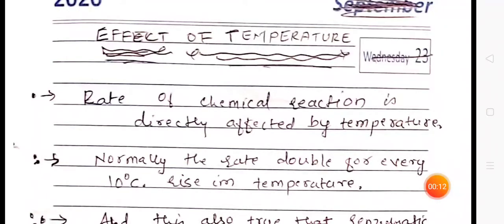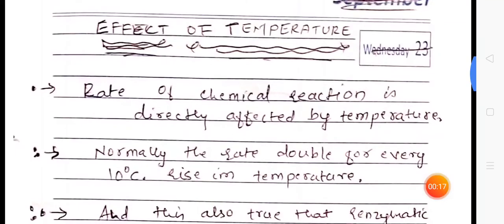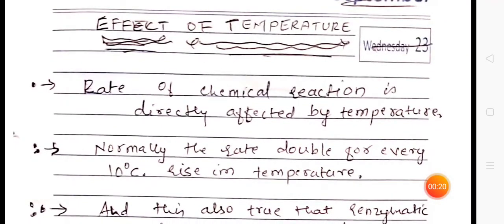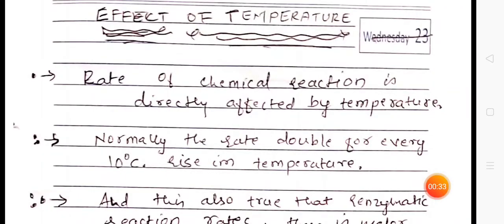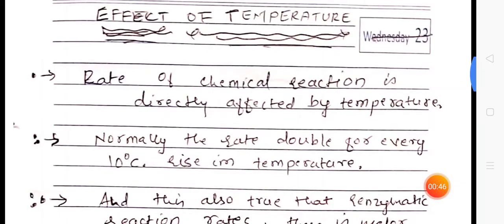This is part B, effect of temperature. I think I told you with respect to the effect of temperature, that is the Arrhenius plot, and the effect of temperature in part A, and what is the Arrhenius plot, and how that is helpful to plot the graph for the effect of temperature. Also, the Arrhenius plot is used for determination of activation energy, and according to your syllabus, this topic is there, and you will do this in the exam, in the practicals also.